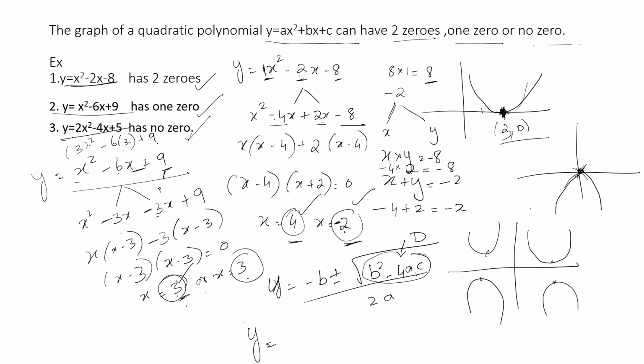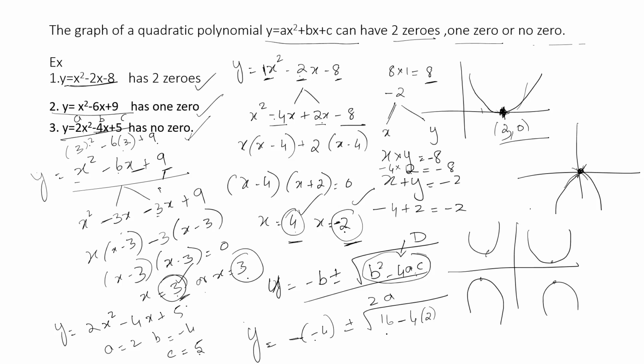So minus b, this is ax square plus bx plus c, okay. So what is b? B term is minus 4. I am taking this example, please understand. Y is equal to 2x square minus 4x plus 5. So a is equal to 2, b is equal to minus 4, c is equal to 5, okay. So minus b is minus of minus 4 plus or minus root of b square 16